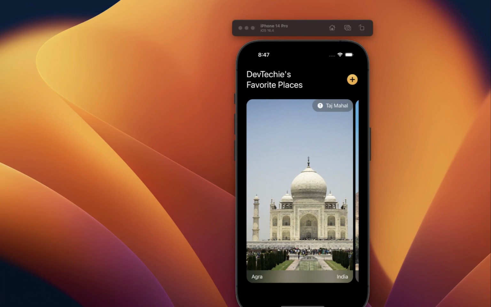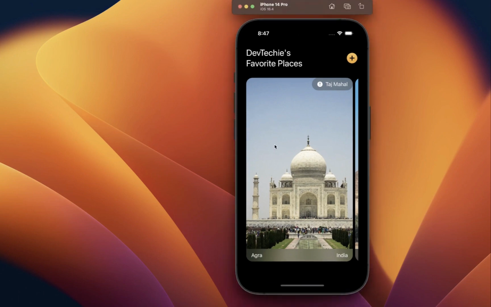And in this video course we're going to be learning how to build this favorite places app, DevTechie's favorite places app, using SwiftUI, CoreData, the MVVM design pattern, and we're going to be utilizing some of the iOS 16.4 features that have been recently released. So we're going to be using SwiftUI for iOS 16.4, which is supported under Xcode 14.3. This is the latest and greatest at the time of recording, as far as I know, for Xcode, iOS, and